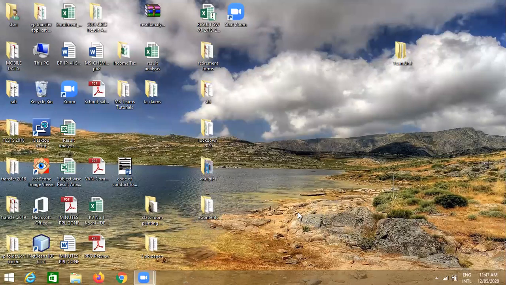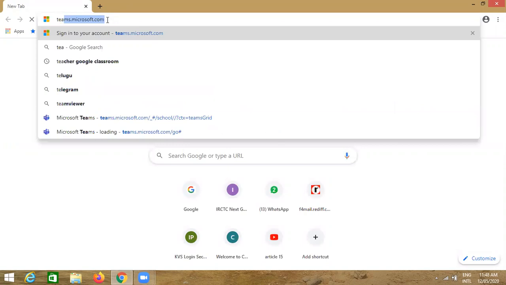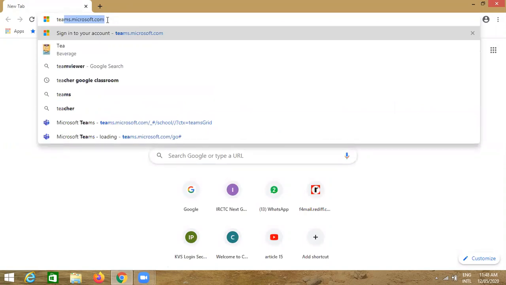Now we are going to learn how to log into Microsoft Teams. In the taskbar, click on the Google Chrome button. In the address bar, write teams.microsoft.com and click enter.